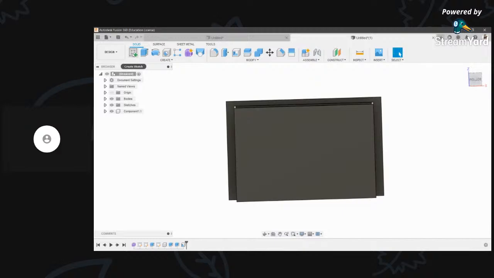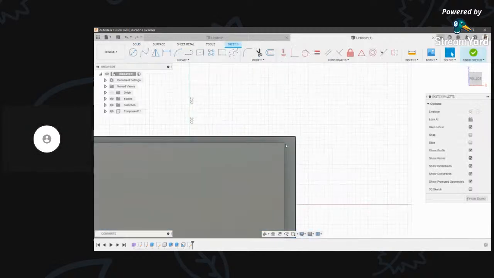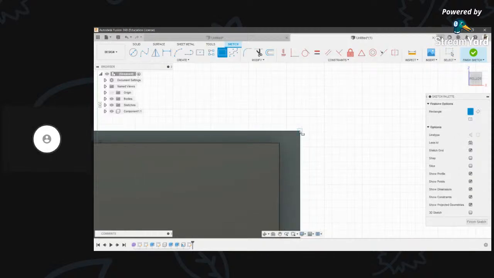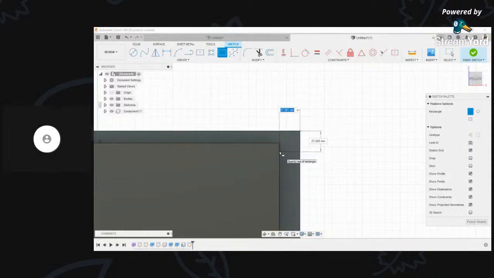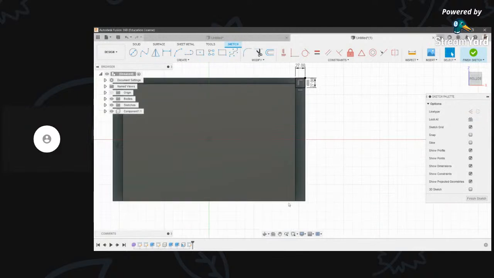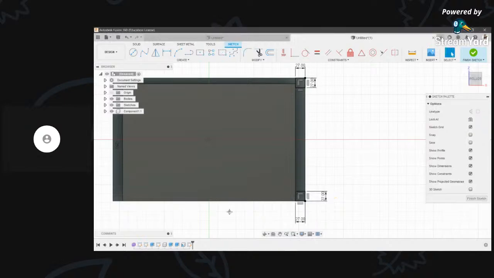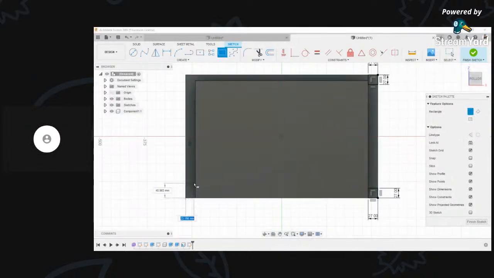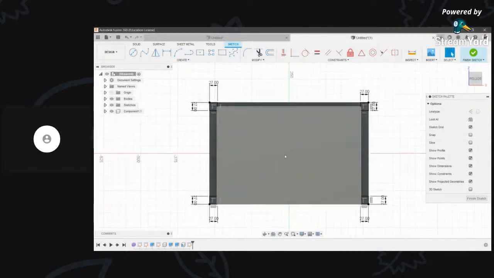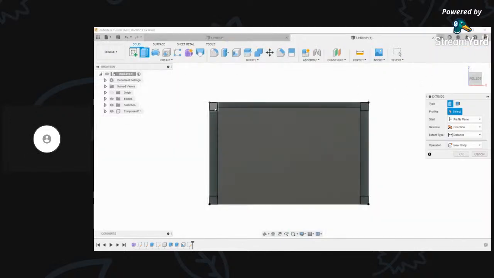So to do that, again, just go to create sketch and start making your dimensions for your leg. So I want it to be square, 27 by 27, let's say. Same I want here also, 27 by 27. Same I'll repeat here also. And just one more last time, 27 by 27. So we have created our four sketches for our four legs, and I'll finish the sketch now, and I'll extrude